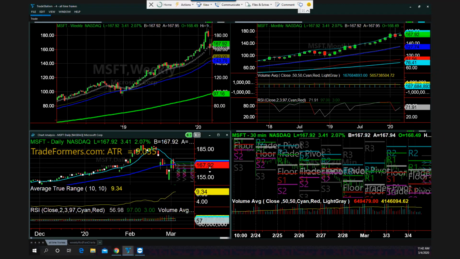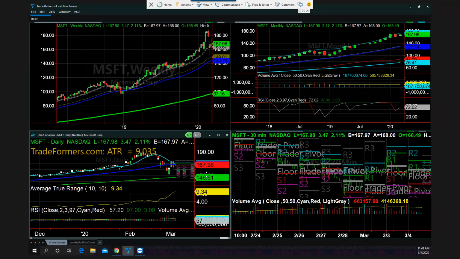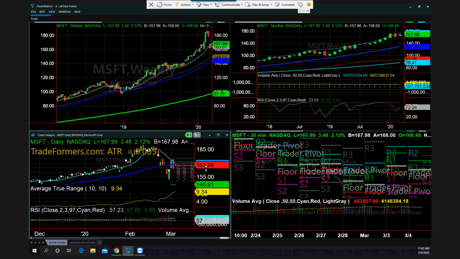And then you'll see a couple of other things that I do look at on my chart. For example, I will look at the relative strength index to see if it's overbought or oversold. I'll look at the average daily volume, this yellow line being the average volume, to see if it's exceeded the volume or not. But those are a little bit more sophisticated. Right now, all you need to know is if it's changing phases, what that does is it gives you absolutely the best opportunity to get long the market.